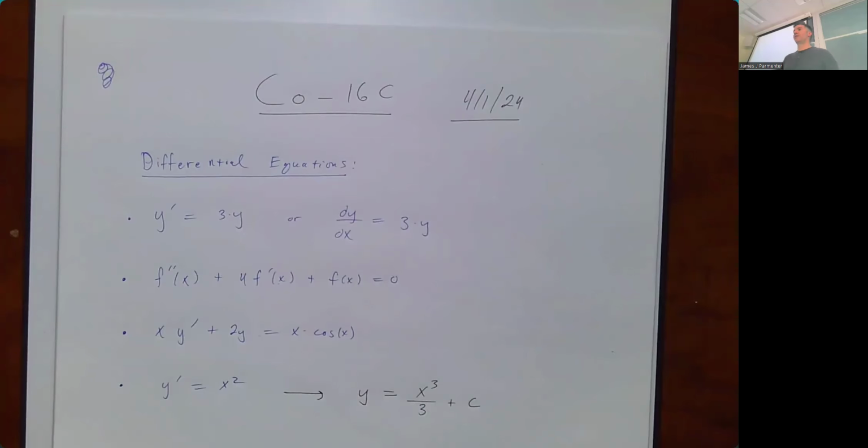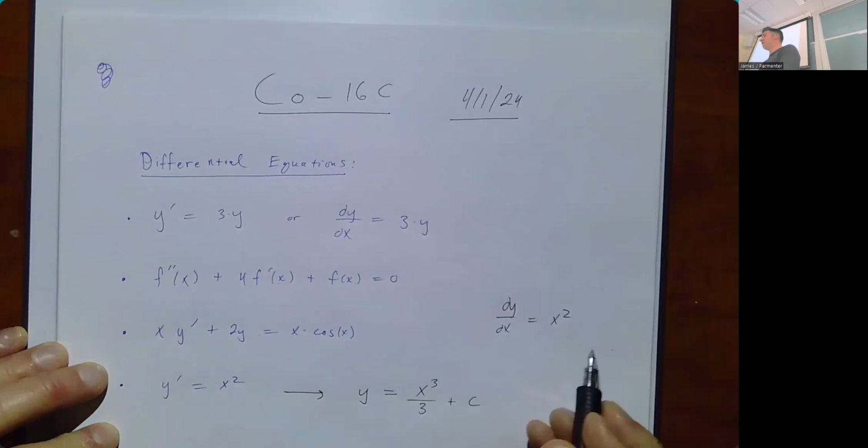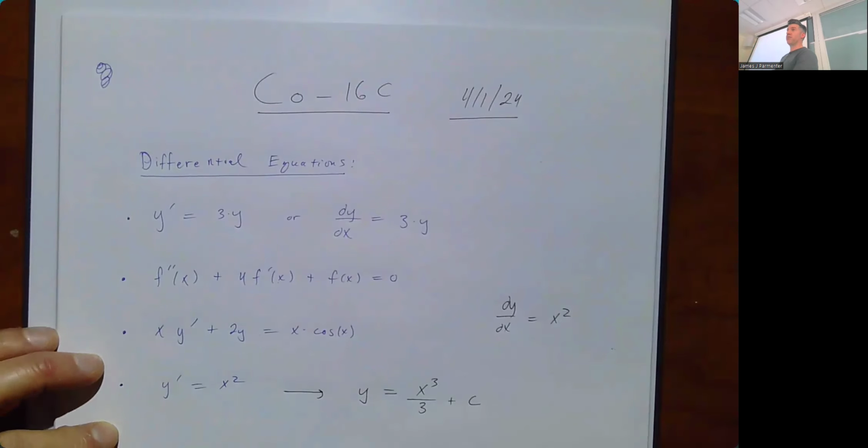How is that a differential equation if it has no function and its derivatives? Where's the differential? Well, you're right. That's what we usually say, but technically you don't actually have to have the function itself in there. But usually we do. Technically this is a differential equation as well because there's the derivative of the function itself. I know it feels kind of sketchy, but this is totally a differential equation that we run into all the time. In fact, you ran into a lot of these in 16B where you said, oh yeah, the derivative of something is equal to x squared, and I solved that by finding the antiderivative. The original function is x cubed over 3 plus any constant.